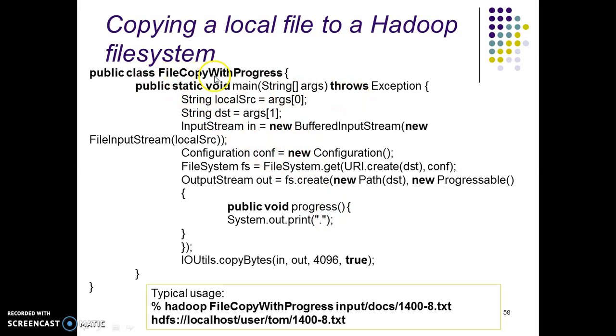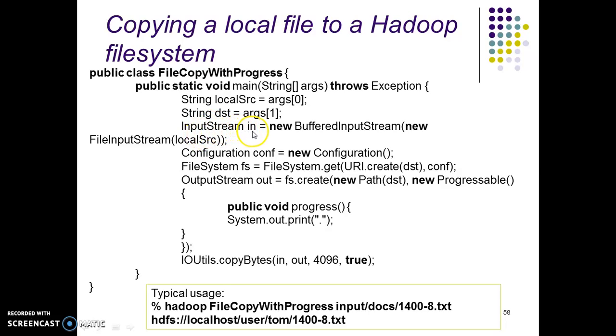First we have the class name FileCopyWithProgress. We are making use of the progress also in this particular file. Then the main function, where we are using the local source and giving the argument in the form of the local system. Then the parameter in the form of a command line argument, that is the destination file name.